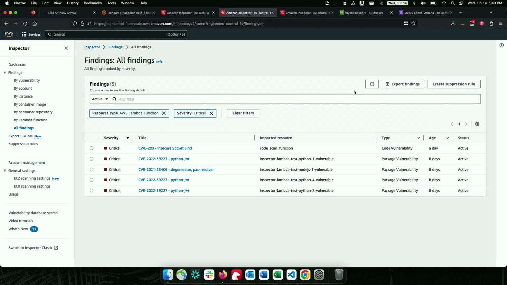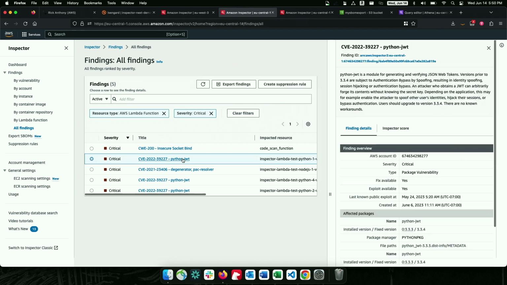In this case, you can see that the top one is a code scan. That's the new capability that we launched here at Reinforce for GA. This is basically a vulnerability in the code your developer wrote. Then there's a number that are related to the dependencies that the developer pulled in with them. You can see these are all Python related. JWT is the JSON Web Token. If I were to open that one, you can see